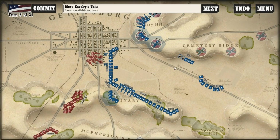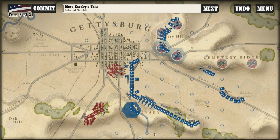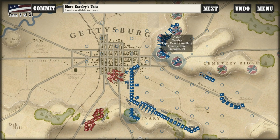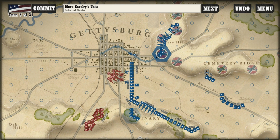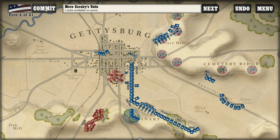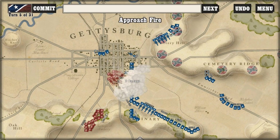Depending on what the next step is, we'll keep gambling these woods. Really wish I could move Devon in to, like... Alright. And Confederate combat. So I think the only combat is going to be this artillery, which they put 2 in...